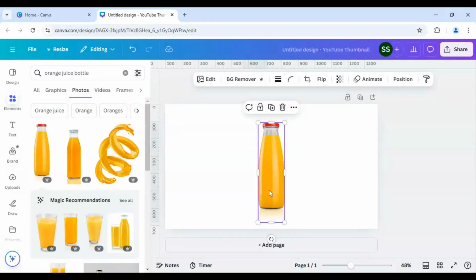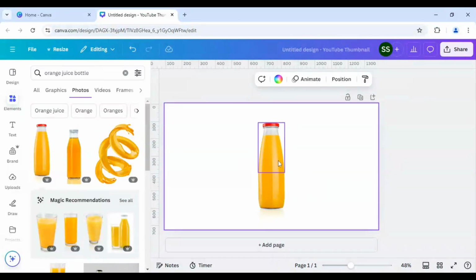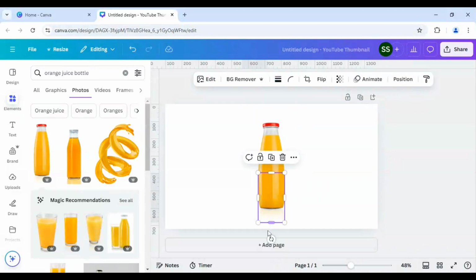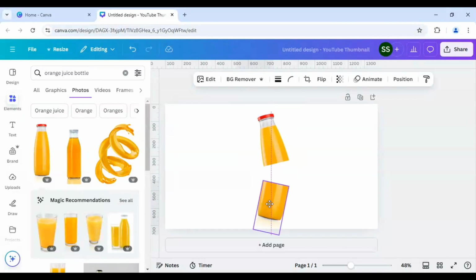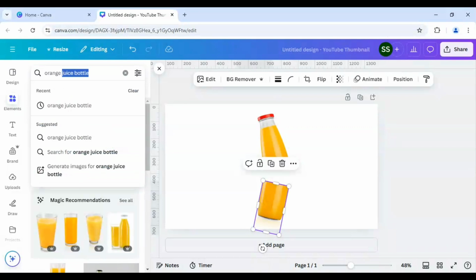same layer, and after that I will just crop out this part, and in the next layer I will crop out the upper part. Okay, so cropping out is done. Now I will tilt it here like this and move it slightly upward and this one slightly downwards, and after that here I will search orange sliced,